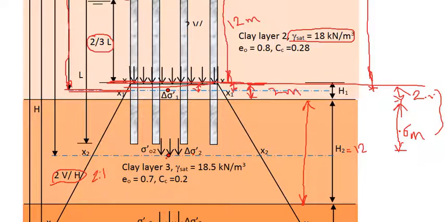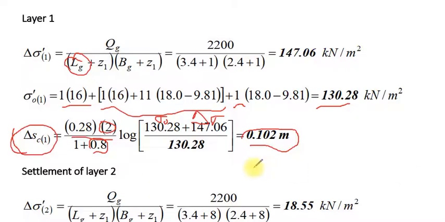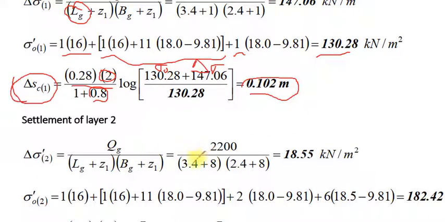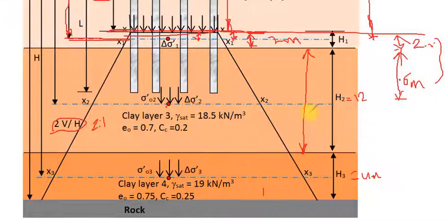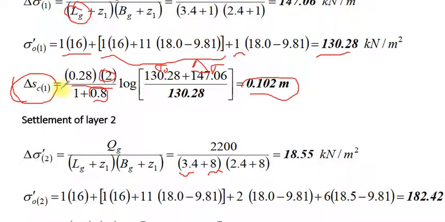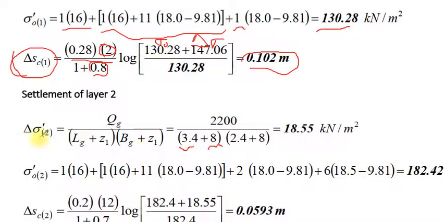Now replace 8 meter in this equation: 3.4 plus 8 meter, 2.4 plus 8 meter. Therefore, delta sigma 2 equals 18.55 kilonewton per